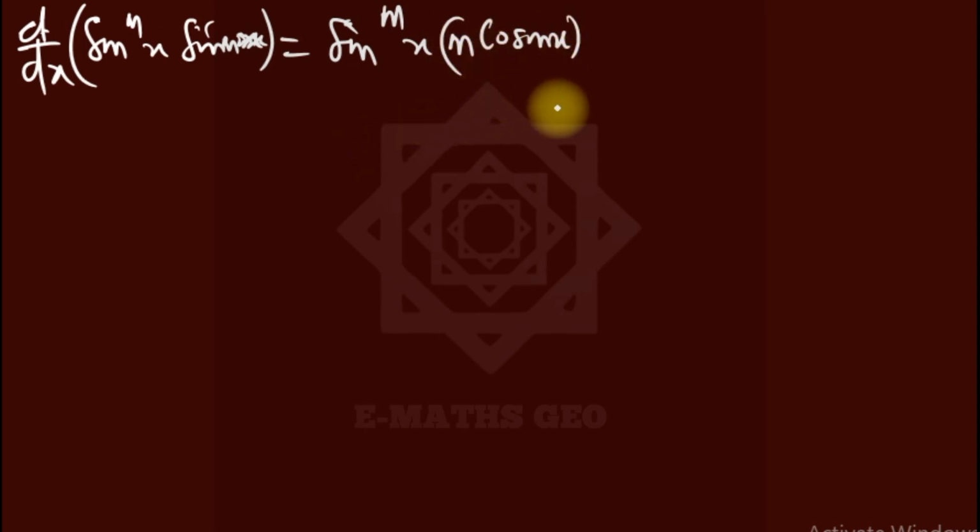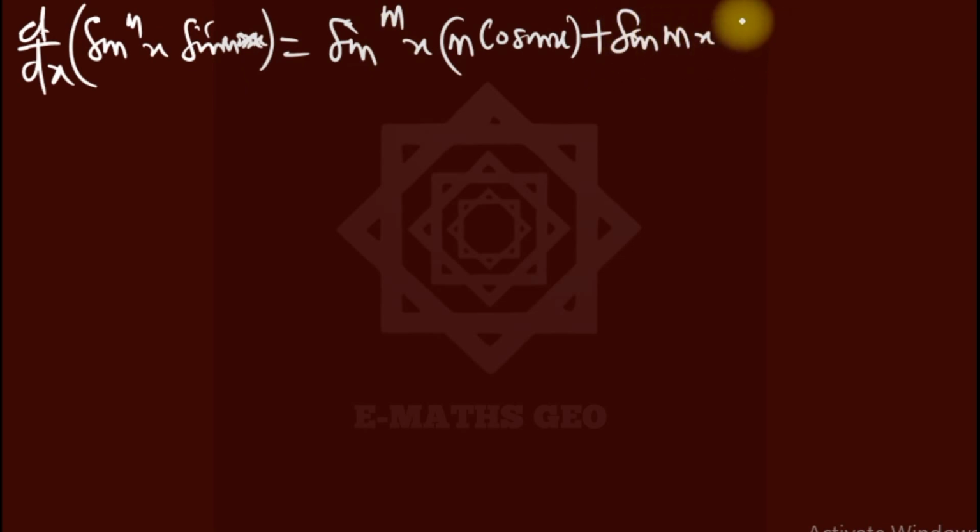As you can see, this is a product, so I'm using the product rule: u dv/dx plus v du/dx. So that's sine x raised to power m times the derivative of sine mx, which is m cos mx, plus sine mx